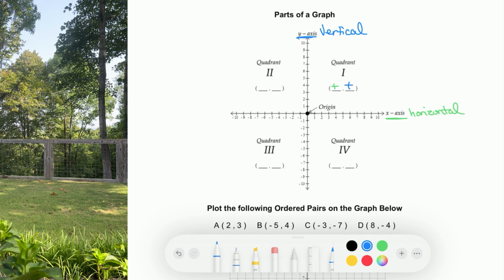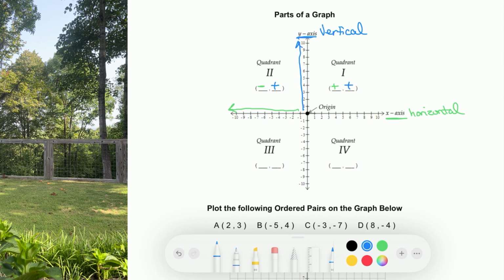So you will have both numbers positive in quadrant 1. In quadrant 2, our x value, because we've gone this way into the negative region, will be negative. Our y value will still be positive though, because we're still above and we're still in the positive region